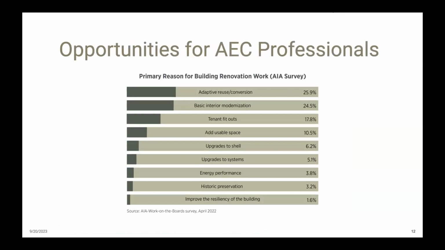As I said at the beginning, there's lots of reasons we renovate buildings. The AIA conducted a survey to understand what the primary reasons for pursuing building renovations are. And the reasons given were adaptive reuse, interior modernization, tenant improvement projects. Farther down the list were shell and system upgrades and energy performance. As architects, we need to be advocating to add decarbonization efforts to every project, even the ones at the top. So we can't ignore the energy upgrades and the shell and improvement upgrades. We've got to start making those just happen every time we touch a building, and pointing out to our building owners that improving performance also saves money and benefits the building users.